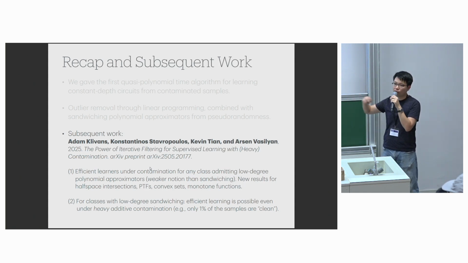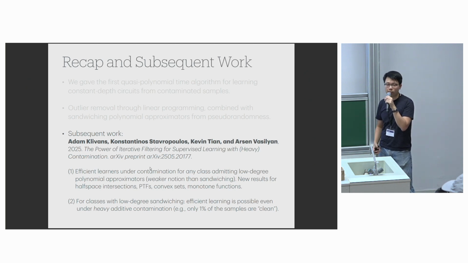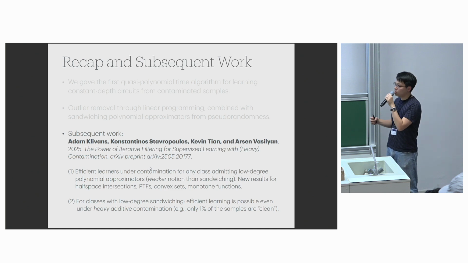We have a subsequent work which pushes the limits of this overall paradigm and shows, among other things, that sandwiching polynomials are sufficient but not necessary for this framework to go through. In fact, you can actually just give a similar guarantee for L1 approximators, which is a much weaker notion. You don't need this non-negative expectation preserving. And also, it continues to work under stronger notions of contamination, where you can replace a majority of the data set, not just the bounded eta fraction, with arbitrary samples. So yeah, the subsequent work is a little bit longer and more complicated, but it really illustrates the full power of using these sorts of techniques in conjunction.